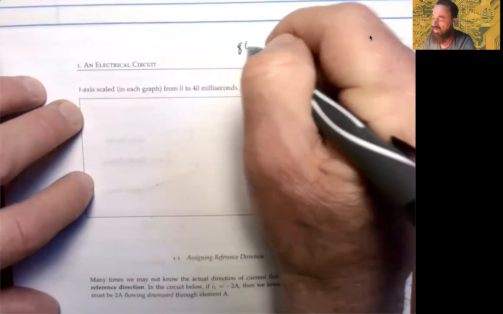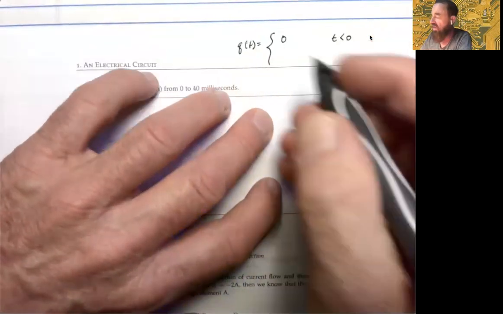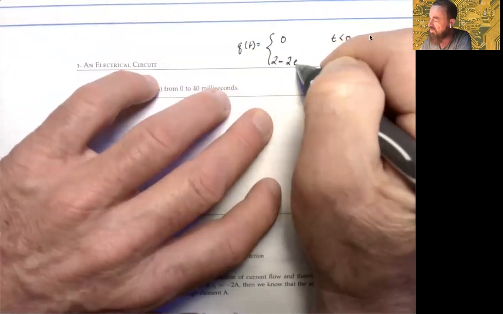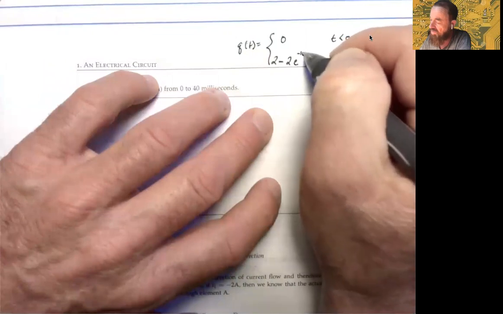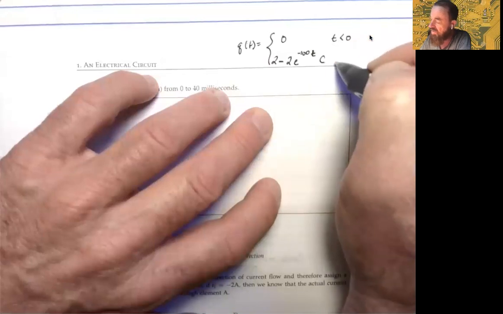Q of t is initially 0, as noted for time less than 0. And then instantaneously it becomes this function when power is supplied or a switch is closed: 2 minus 2 times the quantity e to the negative 100t coulombs,